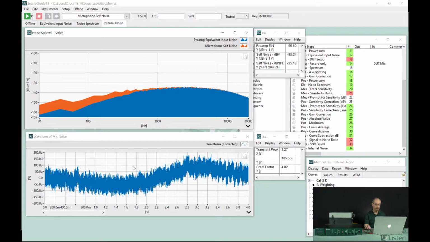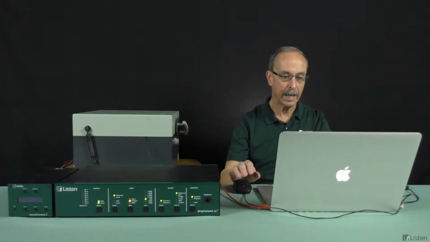So if there's any severe transients in the waveform, it's an indication that you might want to try to make another measurement or check out all your lines and cables because maybe there's some other interference there. So there's microphone self-noise, and we're going to continue into the next section here. Let me go back to my